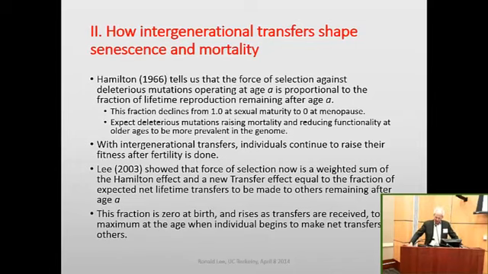So Hamilton argued in his classic 1966 article that the force of selection against deleterious mutations that affect mortality at a given age will be proportional to the share of lifetime reproduction that remains after that age, survival weighted, and so on. Well, this share of remaining lifetime reproduction will be at its highest point up until